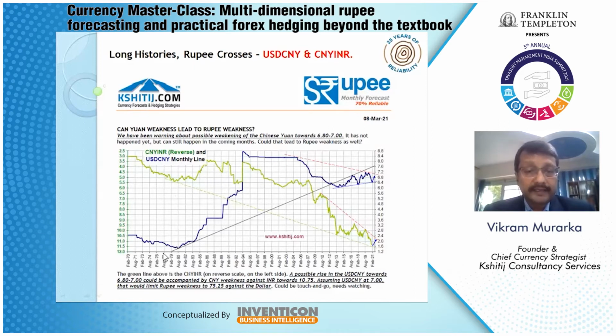The blue line is the dollar yuan from 1970. The yuan is on the left hand axis. It rose from a level of, say, 1.5 in 1980 to 8.8 in 1994, and this uptrend has clearly been broken. After that, we've got a good top here at 7.2 basis this, and then it had come down, and there